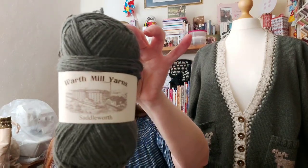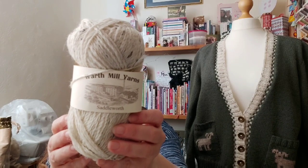The yarn I used, which as I said I got from Yarndale, the green is Raff Mill yarns at Saddleworth, and it's shade Marsh. So that was my main colour. The Fleck cream is the same plain people, and it's colour Aran Nepp, for the pockets. And to be honest with you, it's lucky because I managed to find the details in my knitting bag of where I actually got the yarn for the dogs. So for the actual dog itself,